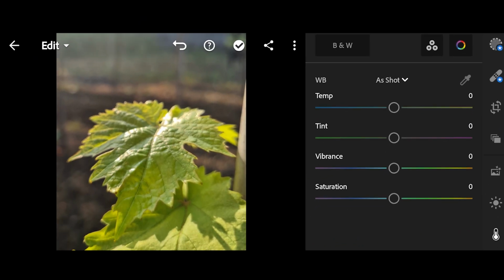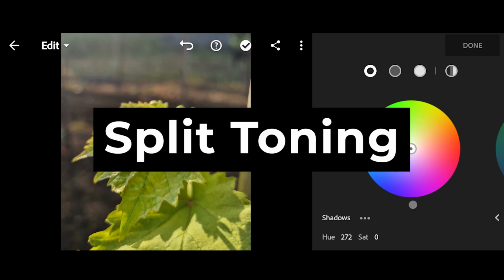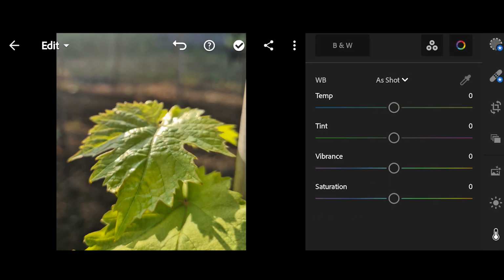Now this grading panel is the new feature that Lightroom has added in the recent update. Earlier there used to be a similar feature called split toning, which had similar functionality, but the grading feature is much better. In this video we will only look at the first three components, that is the basic color sliders, the HSL tab, and at last the black and white mode. There is going to be a separate video on the grading panel, which will also be part of this series. So let's get into the first thing, that is white balance.